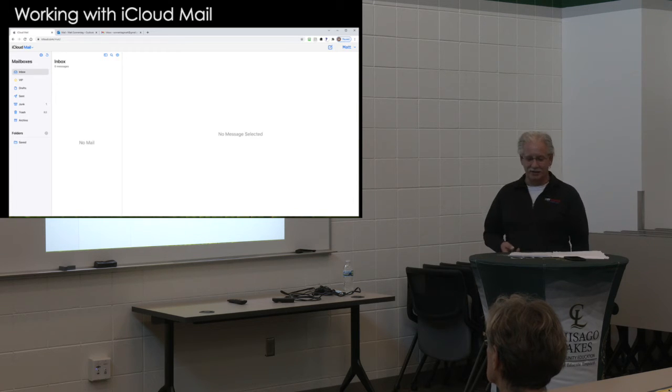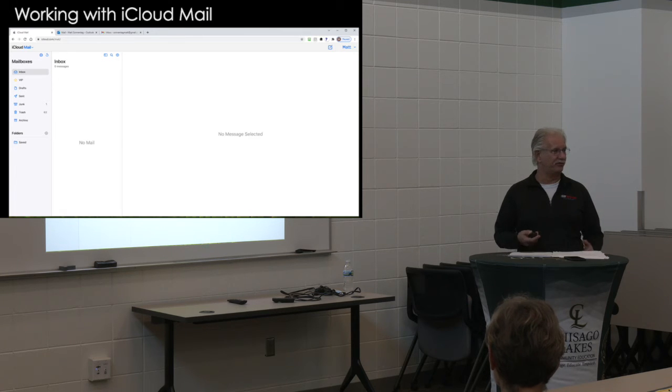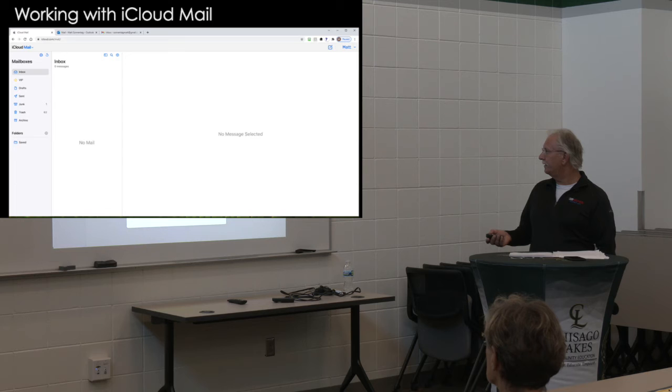You have an incoming and outgoing message size of 20 megabits. But if you use their iCloud Drive software, you can send a 5 gigabit message, so with lots of pictures in it. So that's thousands of pictures. So if you send a message there,